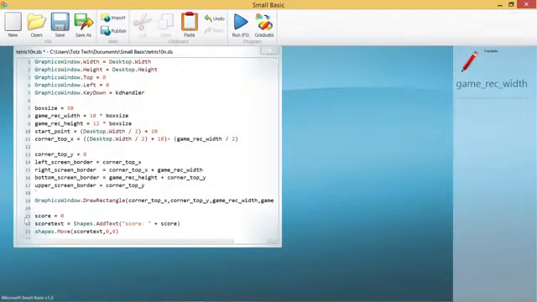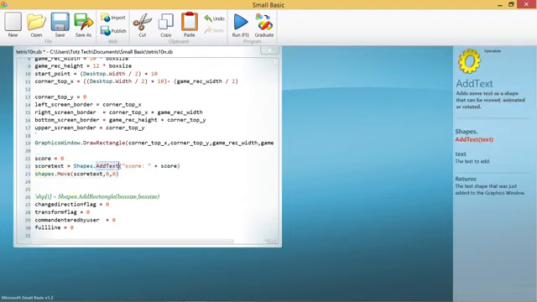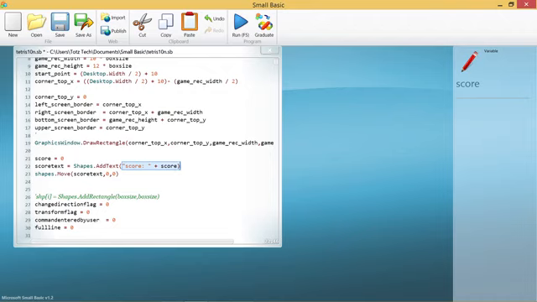And then next we need to define the parameter or attribute for score. Score is first 0, and this command is to add text, to add shape text that contains the text score, and then plus score.